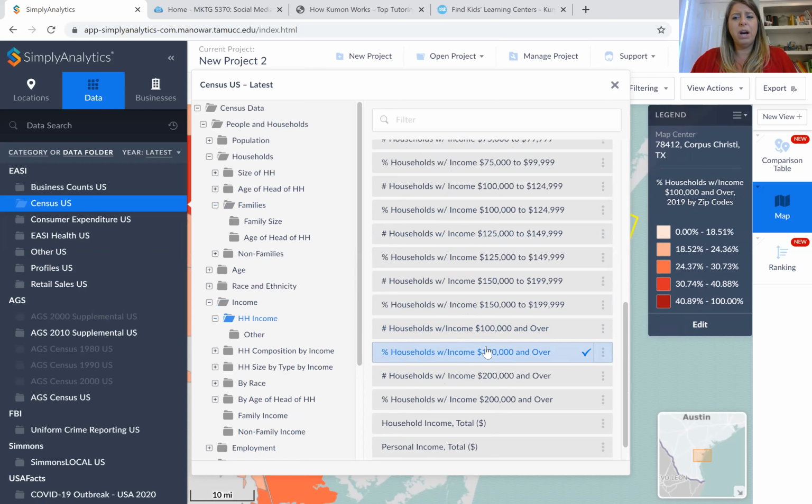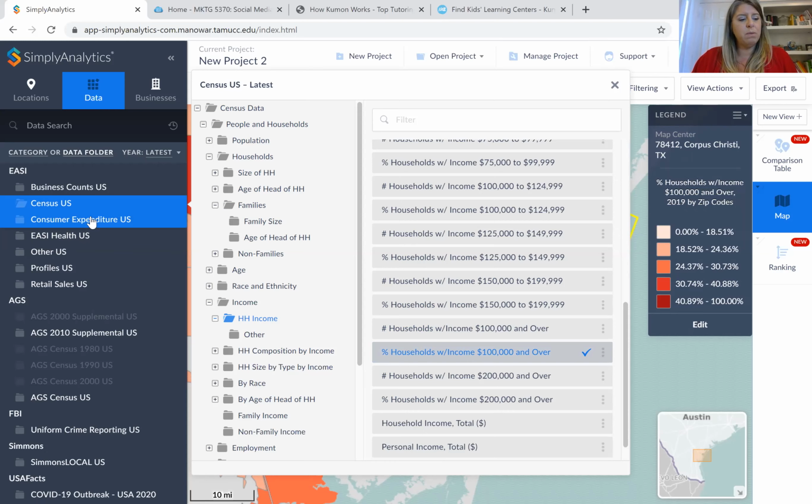And we just want to know how many people, because we think that a good target market is one that, a good target zip code is a zip code that has more people that make 100,000 or over. All right. So we have population. We have the number of families with kids under the age of 6. We have income. Now we need our last variable, which is